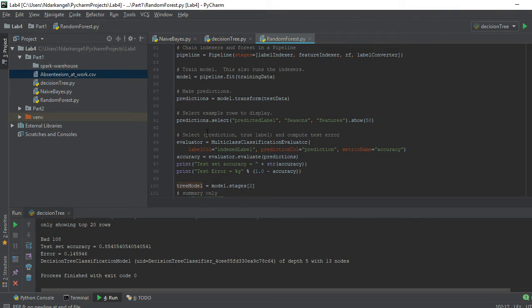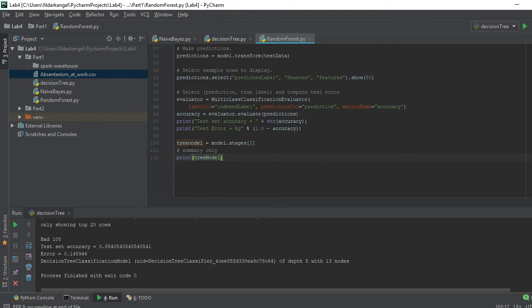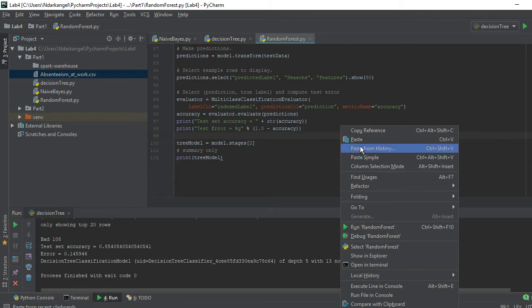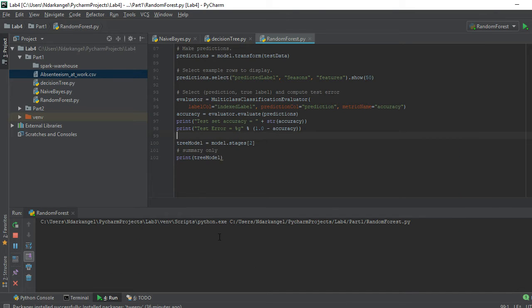And then after that, we did the multi-classification evaluation, accuracy, then we got the accuracy, and we did test error. And then we did the tree model, to see how this is going to work out. So when we run it,